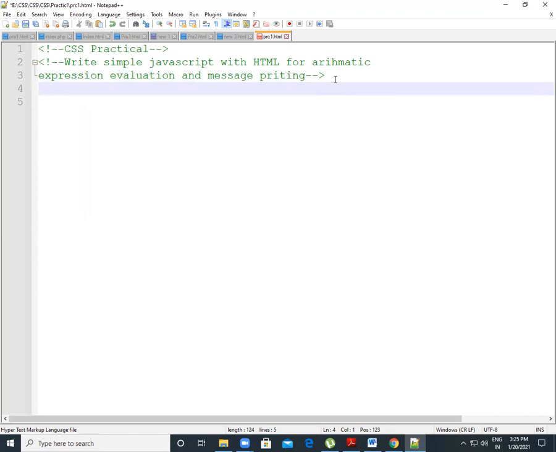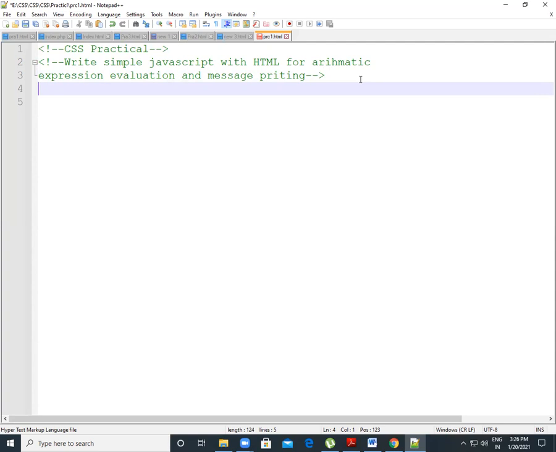First, we need two variables, two integer variables. You can either get those values from the user or declare the values in your code. But before that, let's think about our logic.